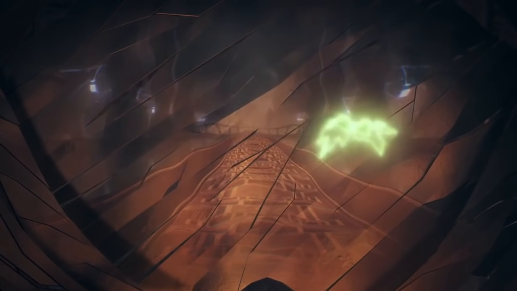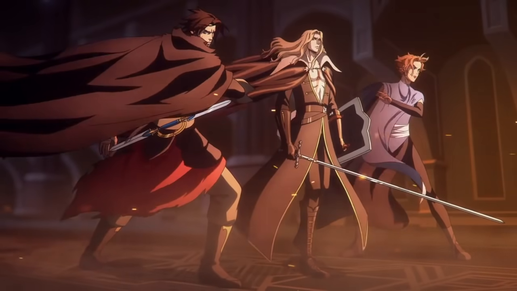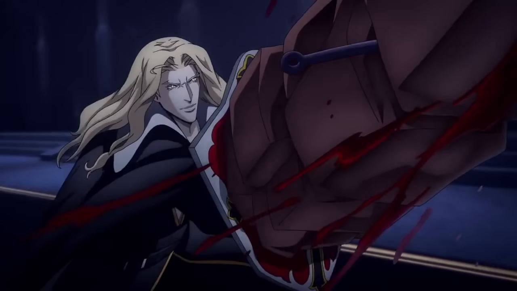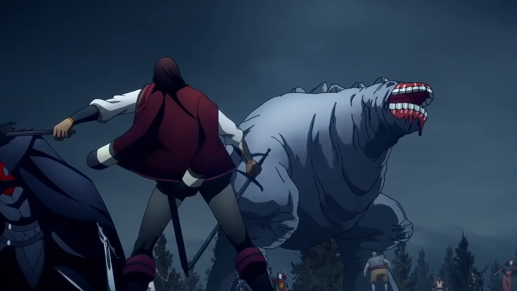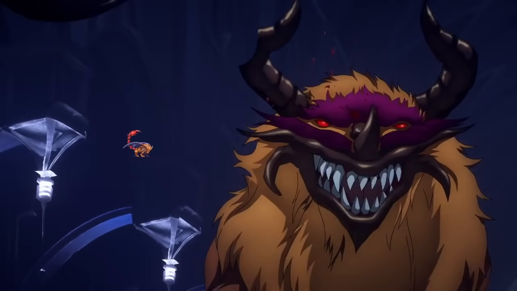Trevor and Sypha follow Varney through the distance mirror to Dracula's castle, where they face off with Germain's forces, who are now attacking the castle in preparation for Dracula's resurrection, and there are a few familiar enemies in this scene. These guys are clearly golems or rock monsters from various Castlevania games. This guy is clearly a Gargoth from Symphony of the Night, and this night creature kind of resembles a manticore